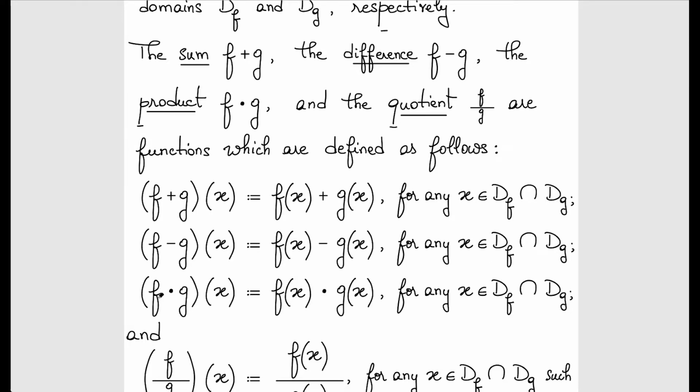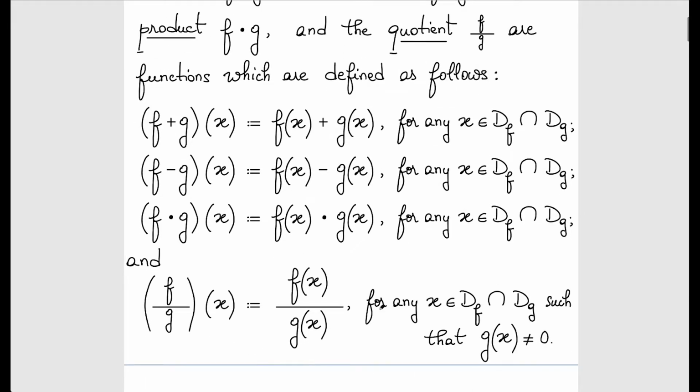And the product f times g, the value it takes at x is the product of the respective values, right? F of x times g of x. And likewise, this product exists as long as each of the two entities exist. The first one exists if x is in the domain of f, and the second one exists if x is in the domain of g, so x should be in the intersection again. Okay? And lastly, the quotient f over g acting at x is equal to the quotient of f of x